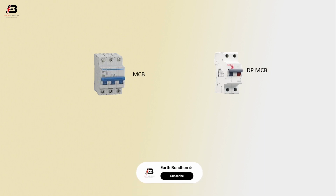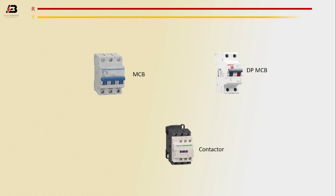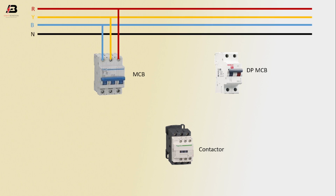So viewers, let's start. Triple pole MCB circuit breaker, DP MCB circuit breaker, magnetic contactor. First phase connection, second phase connection, third phase connection, neutral connection. Three phase connection to MCB circuit breaker, three phase connection from MCB to connect